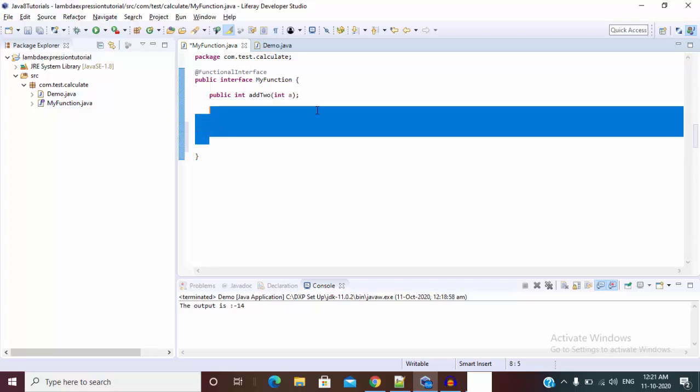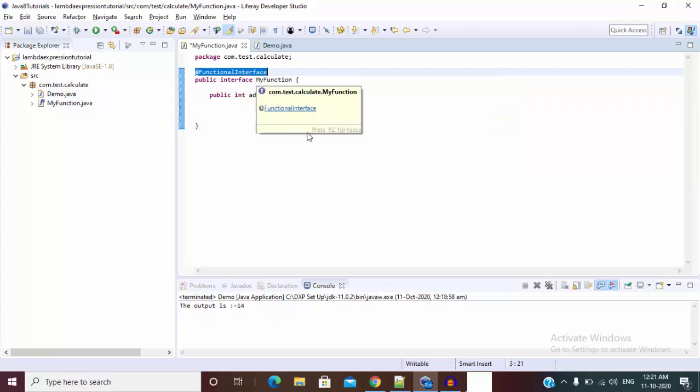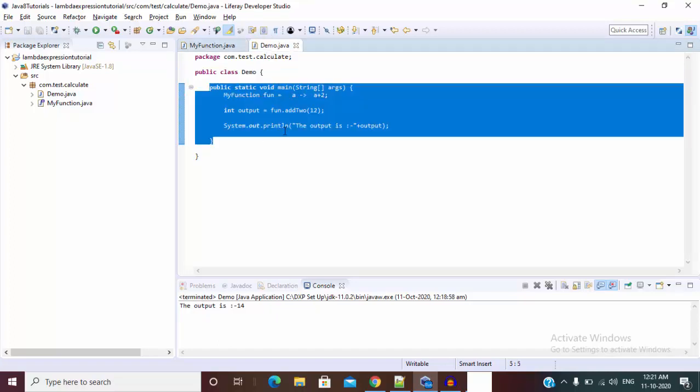Now we are clear what a functional interface is: an interface that contains a single abstract method. This annotation mentions that the interface must contain only one single abstract method. And we already know how to write a lambda expression for both multiple lines and a single line.